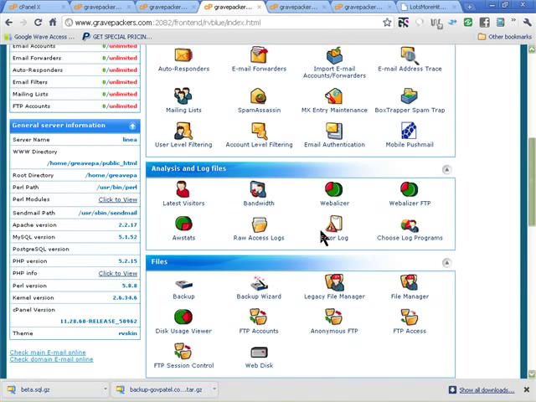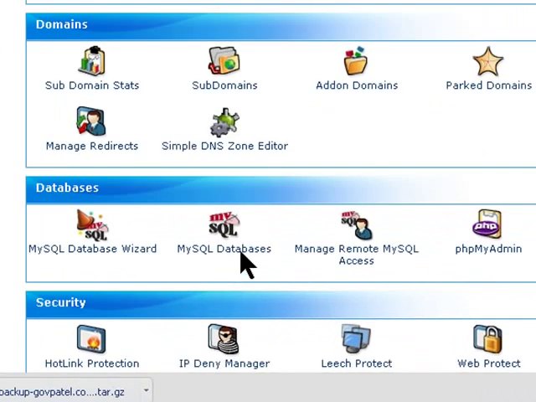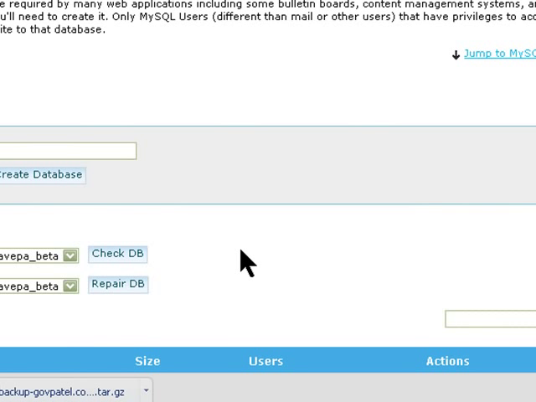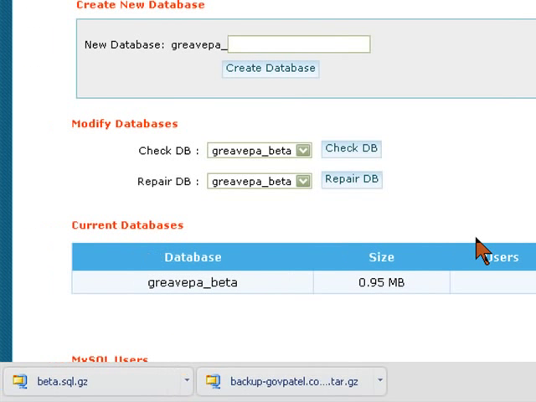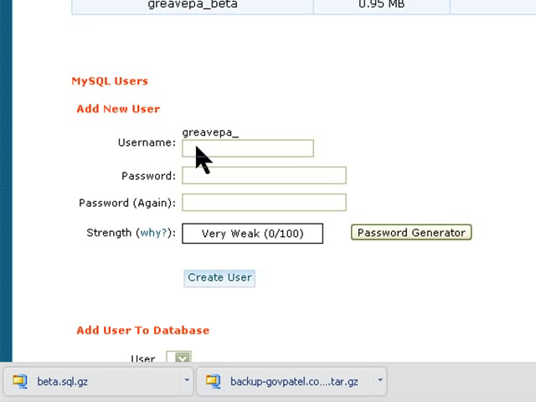and click on database, and you should see that database here. It's already there, but there's no users assigned to it. There's no user assigned to the database. The database is there. So we're going to create a user,